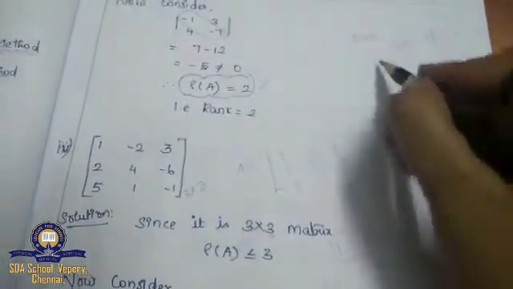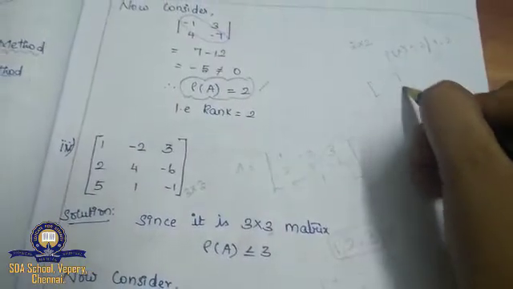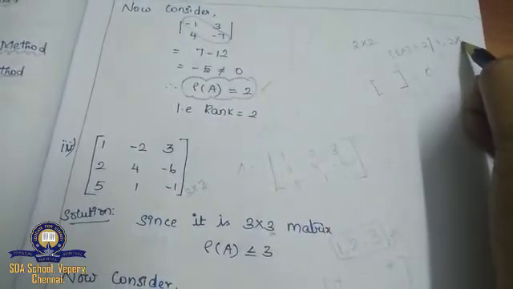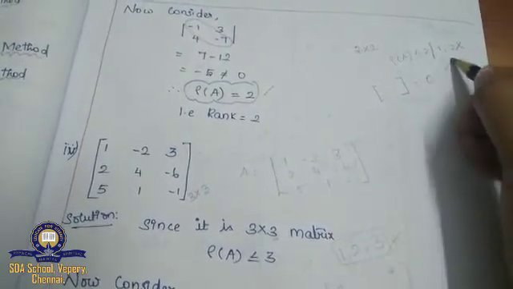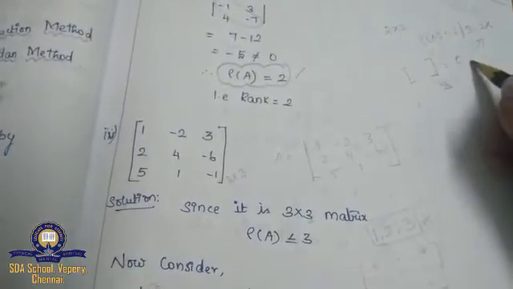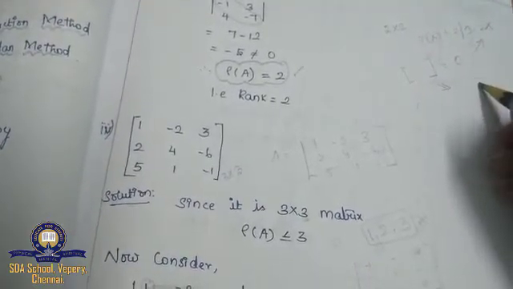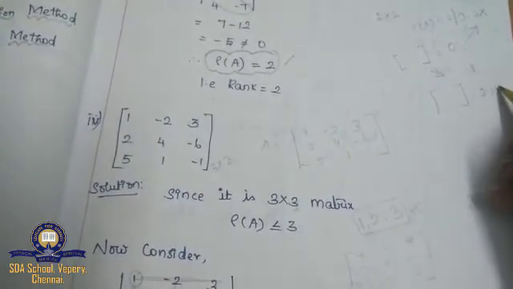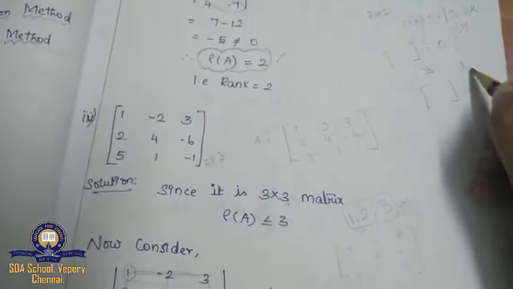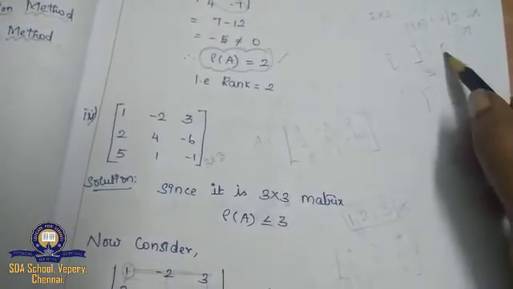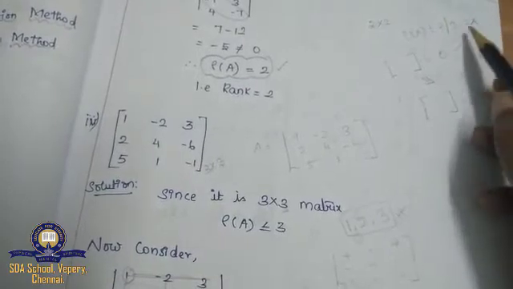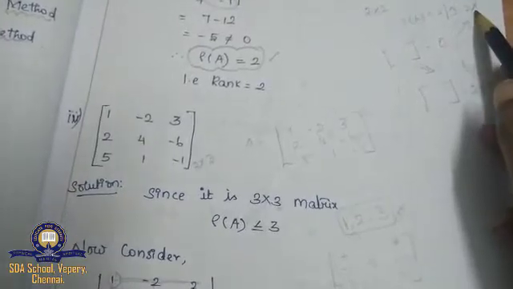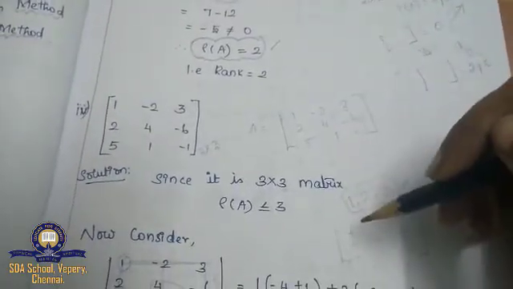Now listen, if you do the determinant part and your answer gets 0, your rank will not be equal to 2. That is, it's not equal. So what will my rank be? It will be 1. If your determinant gets some value and that value is not equal to 0, my rank will be 2. If your determinant is 0, your rank will be 1, and if your determinant is not equal to 0, your rank is 2. Similar to the 3 cross 3 matrix also.